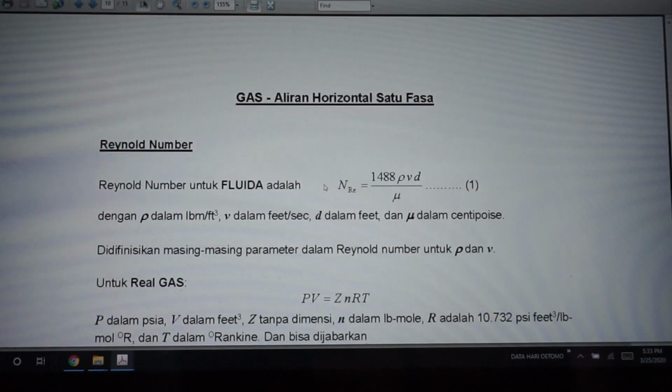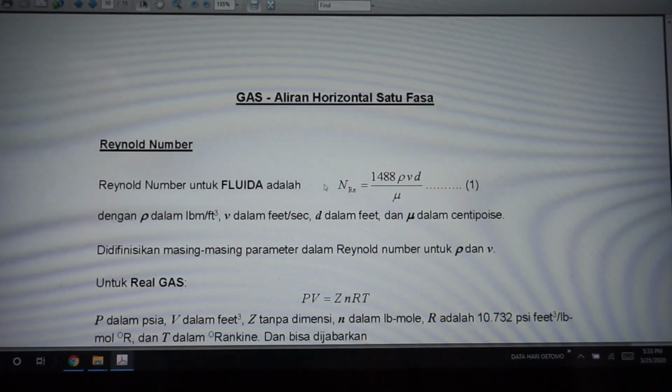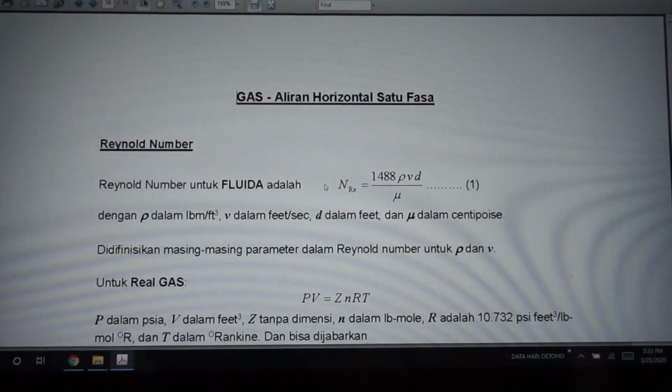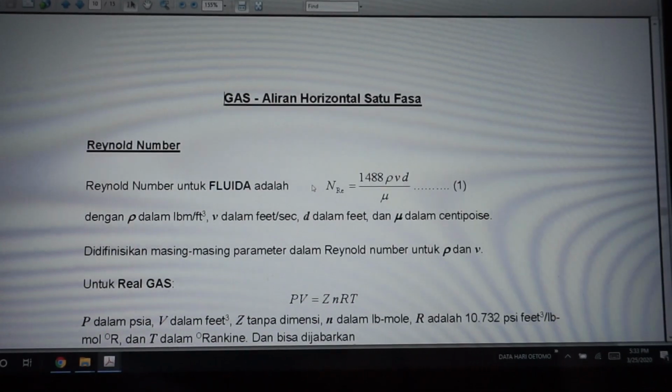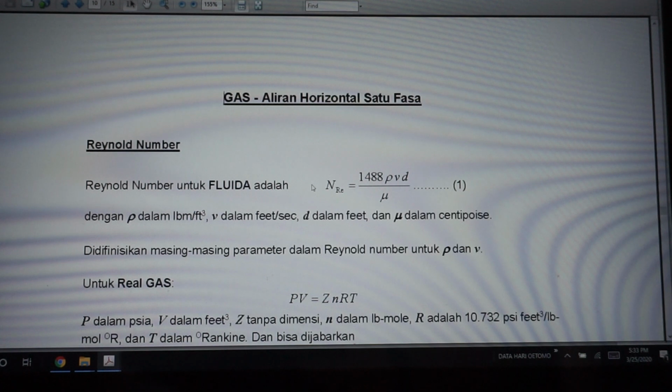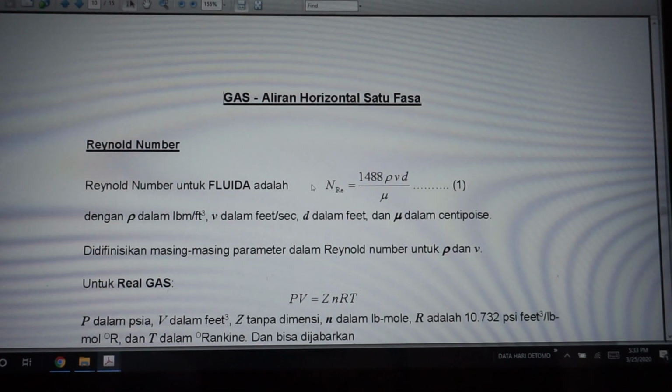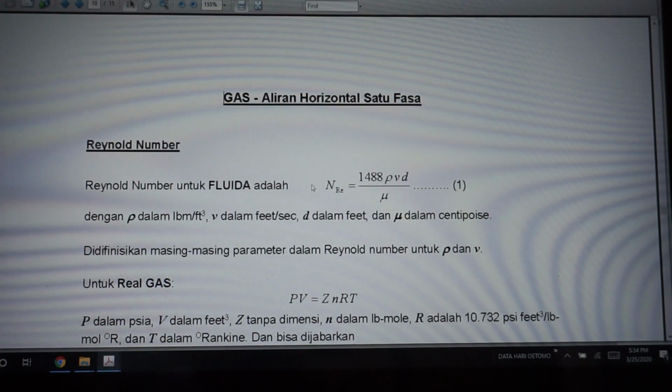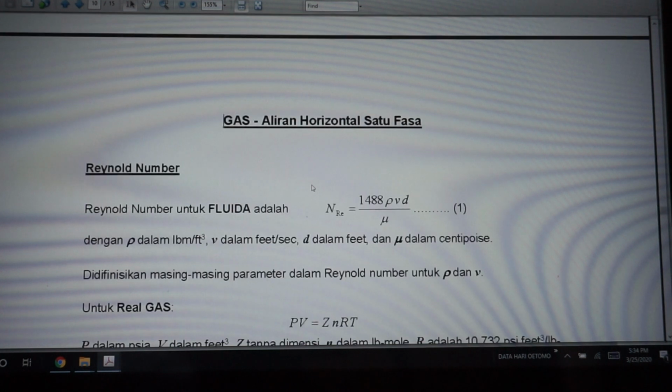As mentioned, probably explained in one phase oil, the whole flow in the pipe was oil. Previously it was for oil, but right now the whole inside of the pipe is fully gas. Before we continue with the